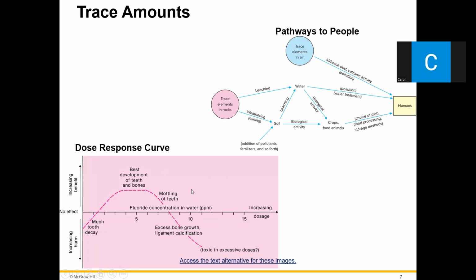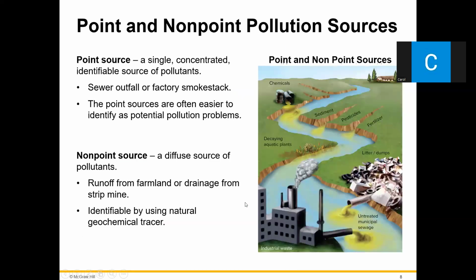I guess what I'm trying to say is, even though fluoride can be toxic, in small doses it's actually good. So don't freak out about every little thing. And a lot of times there's almost like a quantum step where it's inert, inert, inert, inert, inert, and then oh, now over this amount, it's bad for you.